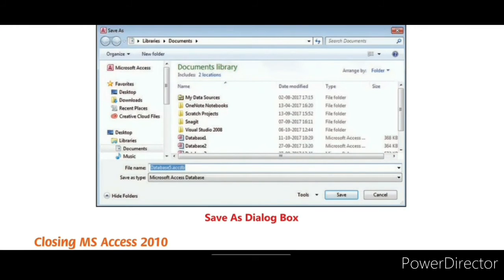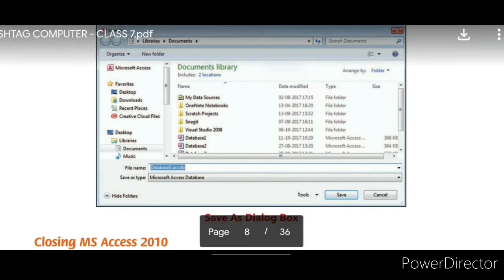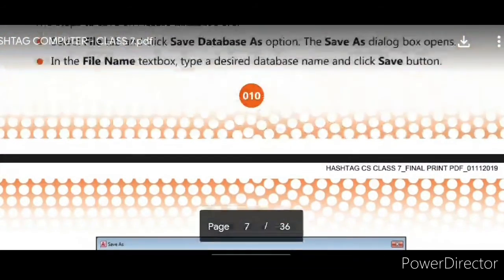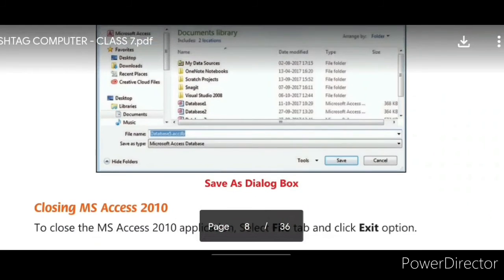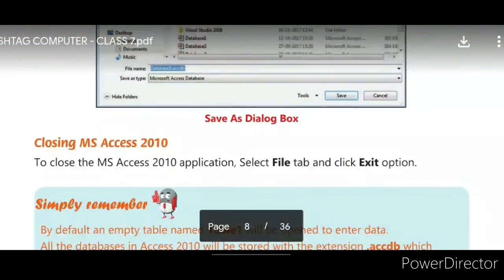After clicking the File tab and the Save As option, you will see the Save As dialog box. Type the file name of your database, then click Save. This is how your database is saved in MS Access 2010.